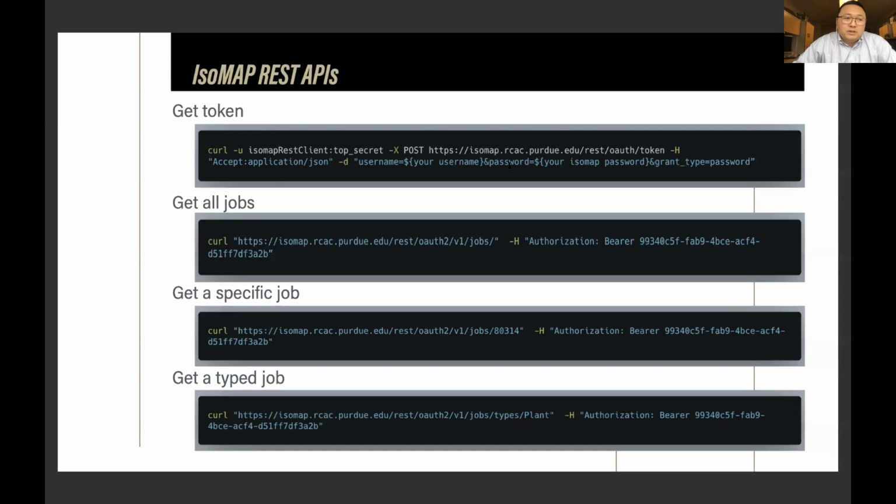One example is advanced users who want to use the results from Isomap and then do a more advanced, more technical analysis on their own machine. In this case, they can get all the jobs or a specific job. They can query specific types of jobs. And they can also download the zip file for the results.